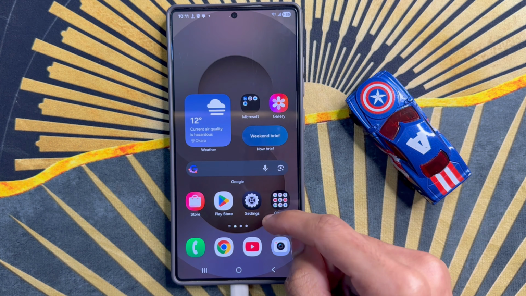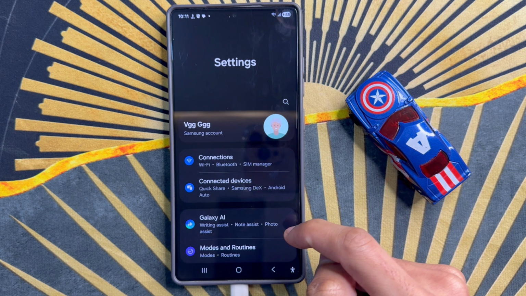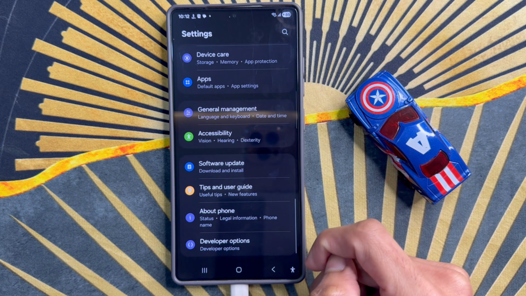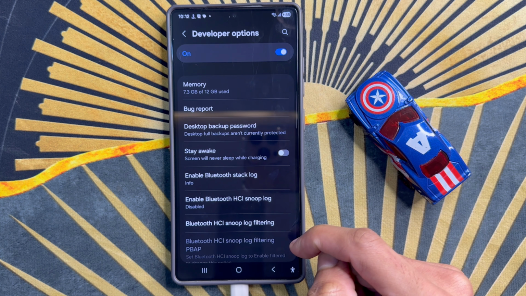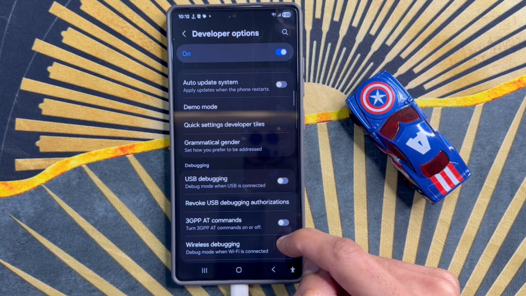First of all, go to App Library. Now here, click on the Settings app. Now in Settings, scroll down and click on Developer options. After clicking on Developer options, scroll down and